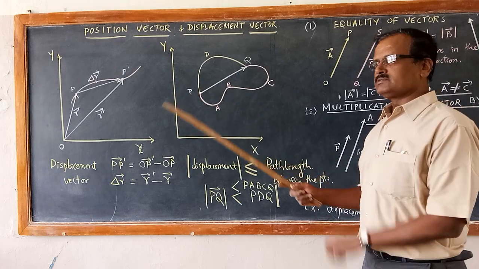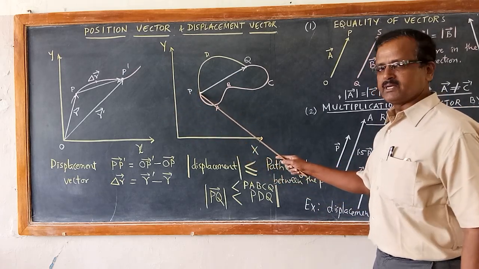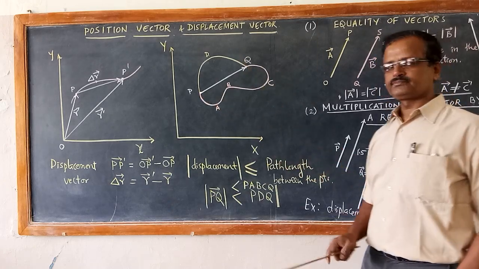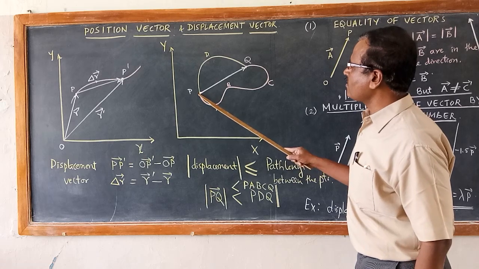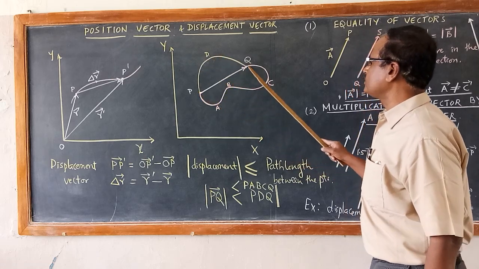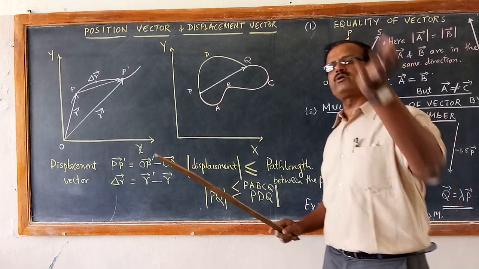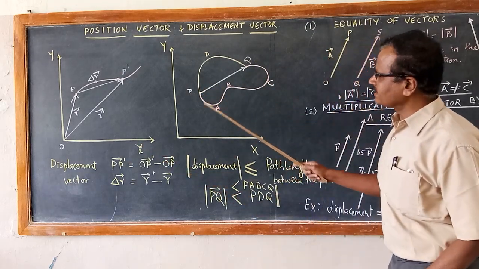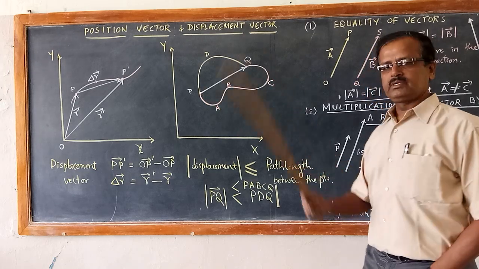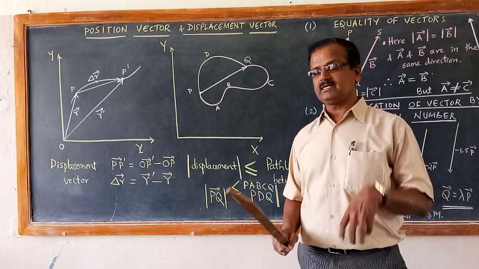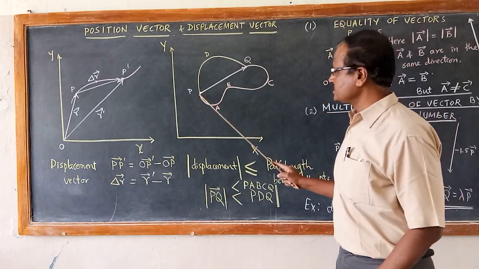This is a different situation wherein the initial position is P, the final position is Q. A particle is under motion. The particle may move from P to D then to Q. It may undergo PDQ as a curved path, or it may undergo another curved path PABCQ. So the final position is Q, the initial position is P.